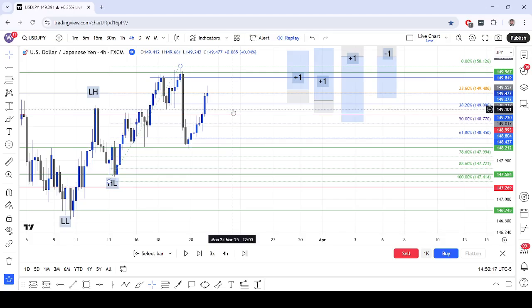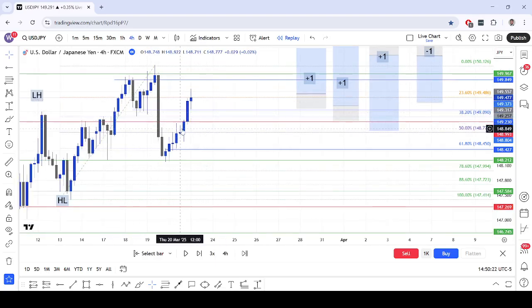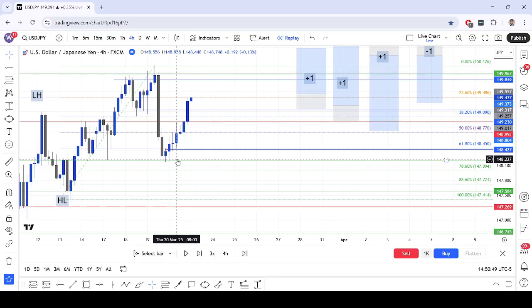Now, because of this nice indecision candle on the H4 that we saw, which I told you I was expecting, I'm looking for a pullback to the 50. For us, for a pullback to be legitimate, we look for at least 3 candles to be going down, and then we call that a legitimate pullback. In this case, it's just a massive drop and another massive candle. So this right now is actually a consolidation, because it didn't give me 3 legitimate bearish candles for it to be considered a full